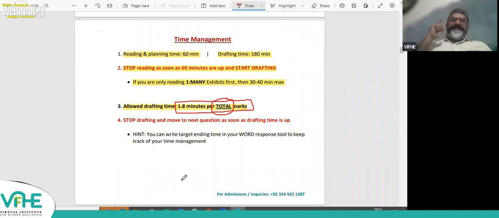But in the real exam, you will stress out. You don't want to leave the question incomplete, especially the first question. You want to impress the examiner, and you will keep on writing, and then you overrun by 10-15 minutes. Think from an exam point of view. That's what happens to most students. That's where they mess up their exam technique, and you should not make this mistake.